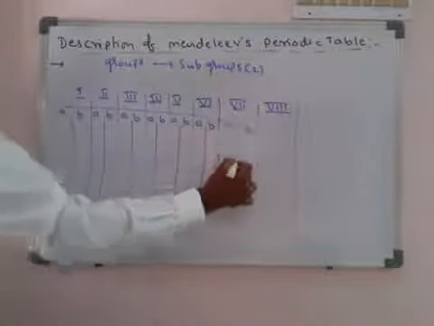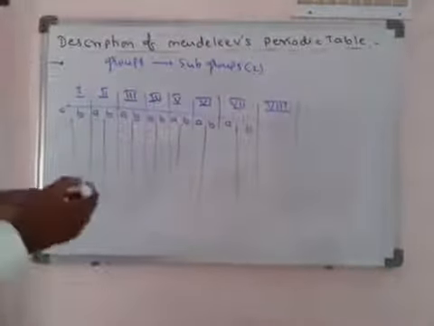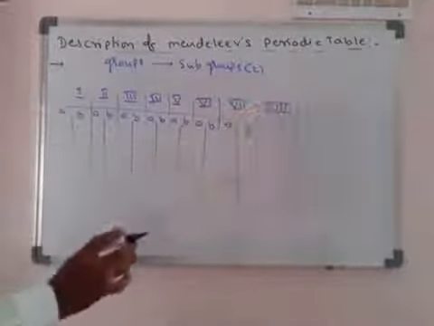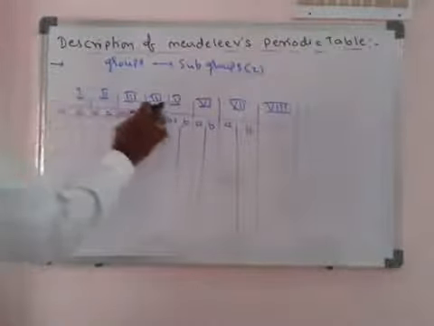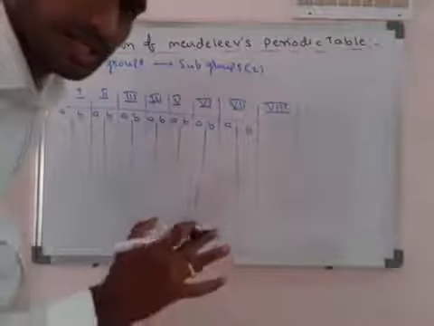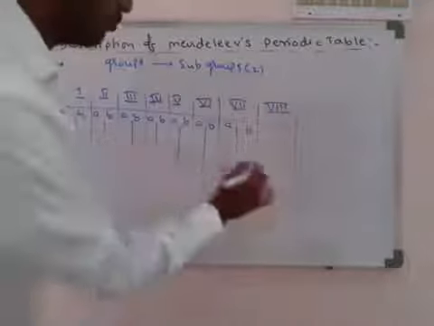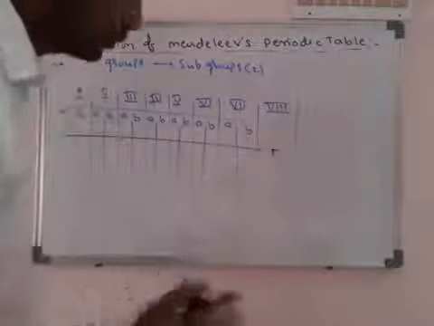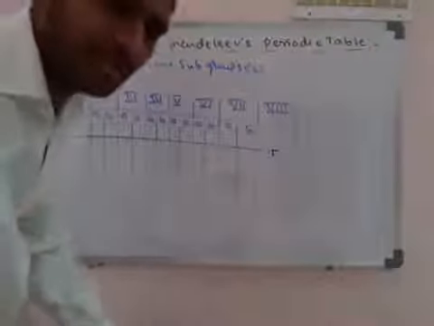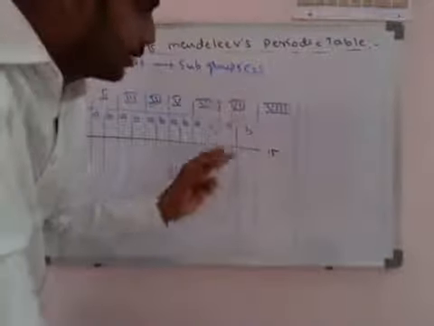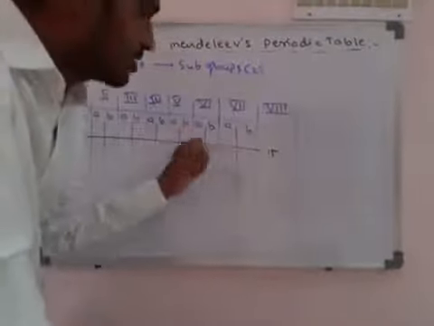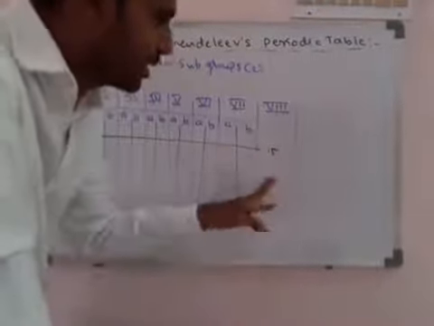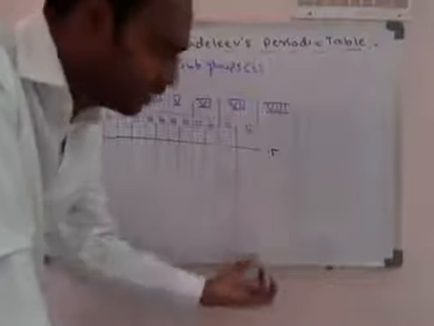Okay, so now how many vertical columns are present in total? What is the total vertical columns? So already మనకి 8 vertical columns లో first, second, third, fourth, fifth, sixth, seventh are divided into two parts. Like a total 14, so 15 vertical columns. So ఇక్కడ number of vertical columns తీసుకుంటే 1 to 15 vertical columns. So exactly major classification చూస్తే 8 groups. In that 8 groups, the first 7 groups are subdivided into 2 groups, A and B groups. The 8th group is not divided into subgroups. It is a single group.